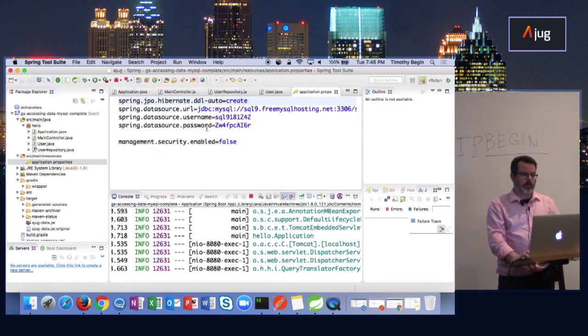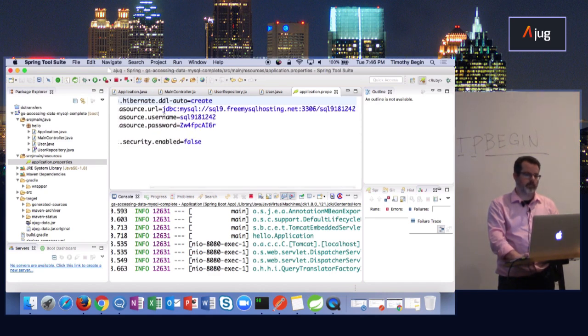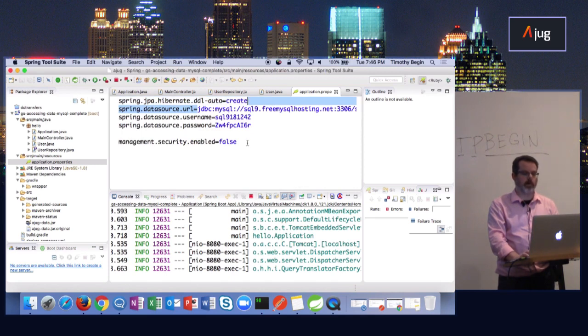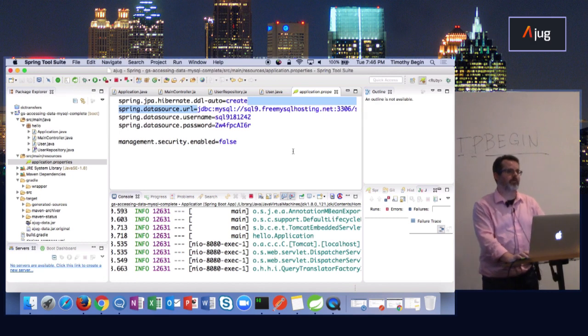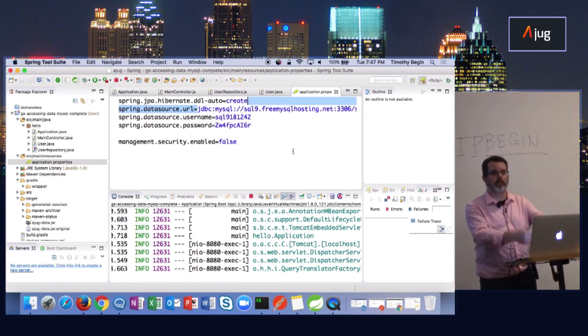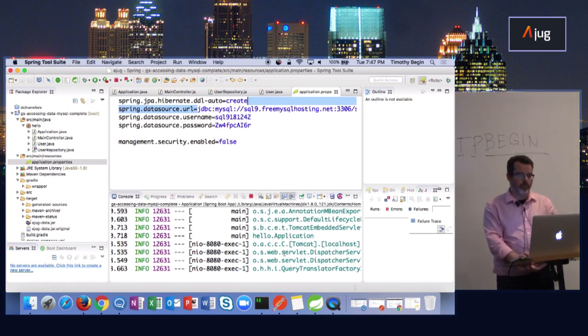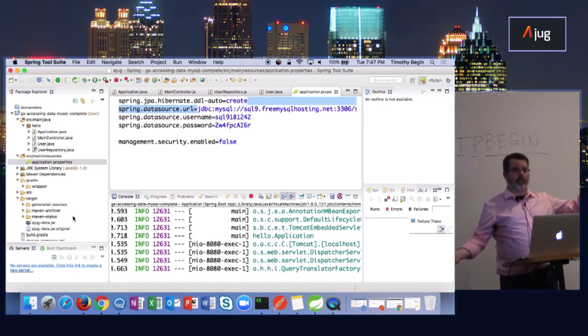So what was exciting about this is that when it first started up, it didn't have this URL information, the username, password. I went out and created a MySQL database over here in freemysqlhosting.net because one of my guys told me, hey, you could go start this up. So I did, and it gave me this information. I just added the application properties to this particular implementation, and then I ran it, and then it created and it started, and everybody was happy, right? So that's not the exciting part.